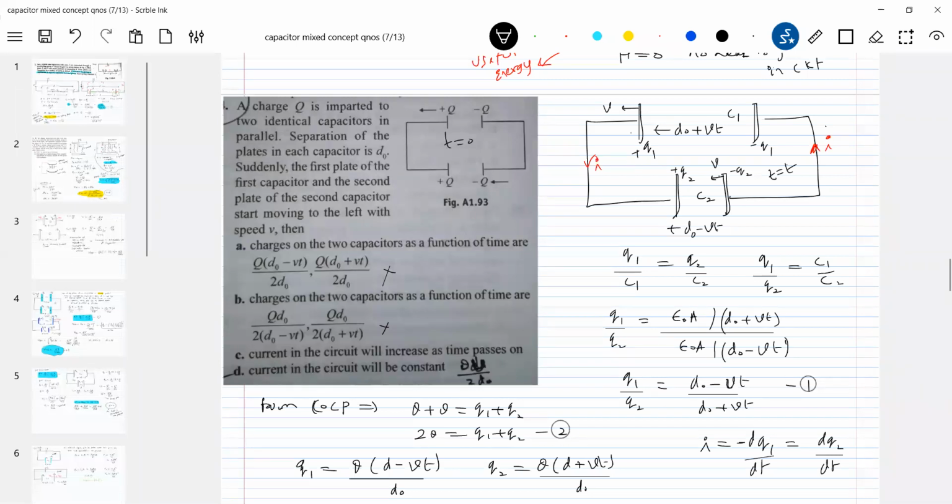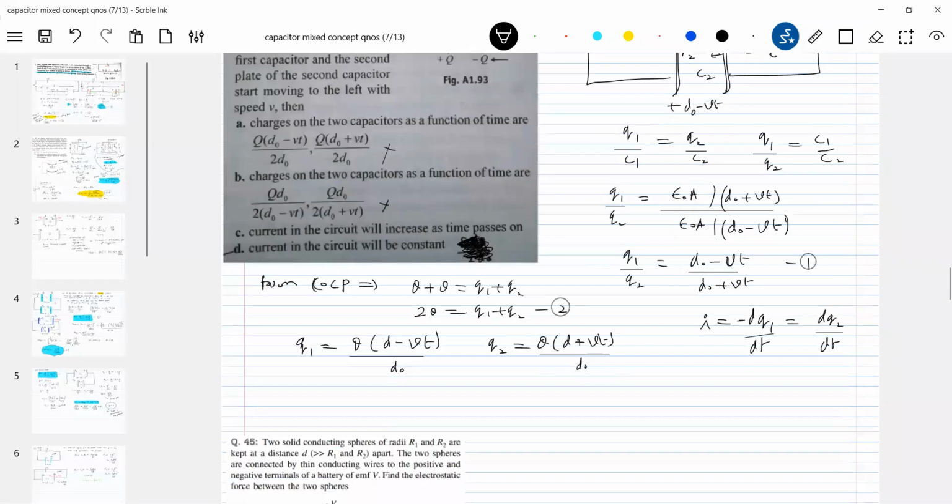Okay, so some questions of this kind can be asked. You have to be careful. The current in the circuit will be constant and it is not equal to this much. Somebody, I don't know, a student, wrote just a constant. Anybody's value? QV by D naught. 2V, why 2V? QV by D naught, sir. This should be the answer. Let's go for the next set of problems.